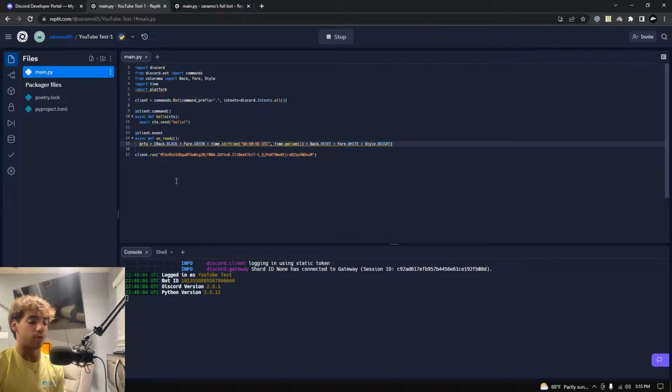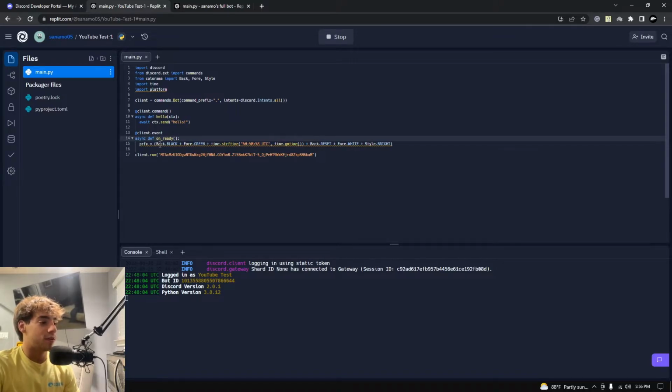What you do is you pretty much initialize how you want the console to look, and then you put the text on top. So what that means is, it's going to be back.black, which initializes the background of it as black. As you can see, this black background, plus fore.green, which stands for background and foreground. And so the text is actually going to be green, plus